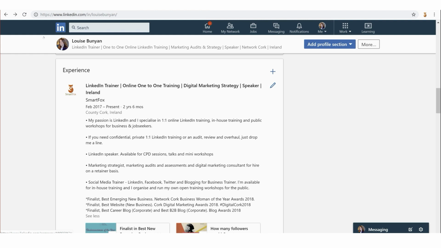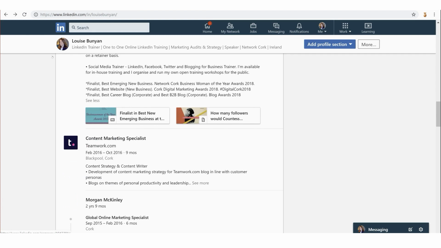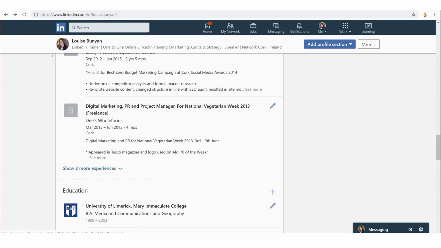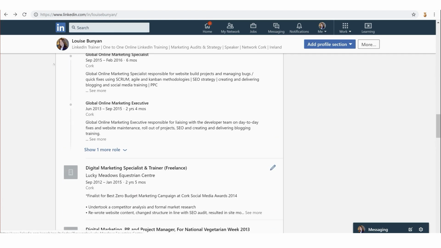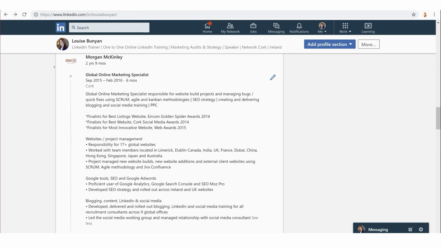And then further towards the end of that listing, you can see I've added in where I was a finalist for a couple of different awards. So again, what's going to make you stand out and what's going to make you better and different. But I'm also going to show you one of my previous roles where I worked in-house. This role where I was the global online marketing specialist. And a recruiter had given me a bit of advice around this back when I was looking for work a couple of years ago.